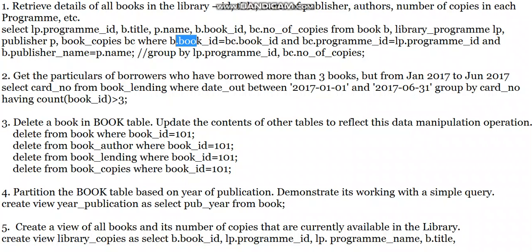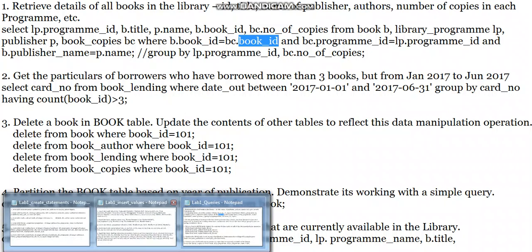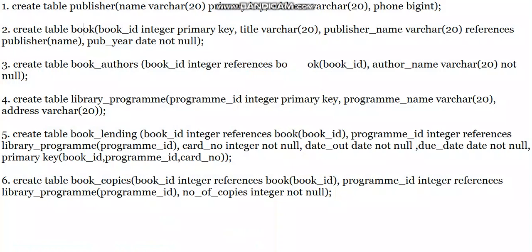So now I'm connecting these two tables, that is book and book copies. I am connecting this by using the book ID. Why? Because the number of copies of that book has to be referred to your book table. So that is how we have created that thing. So I have given a book ID, and the number of copies of that book is stored in your book copies